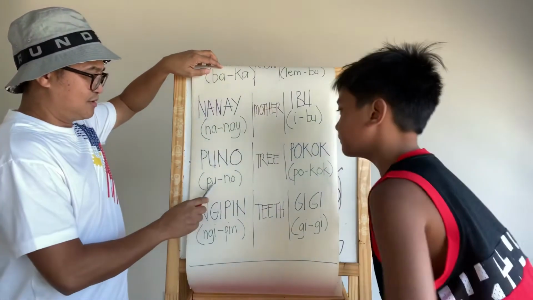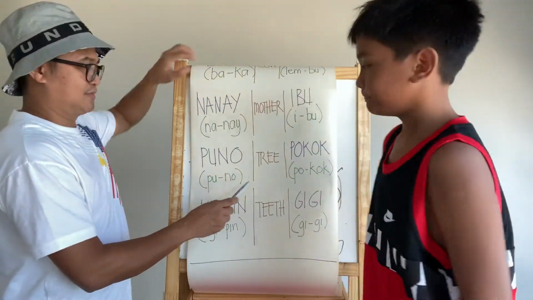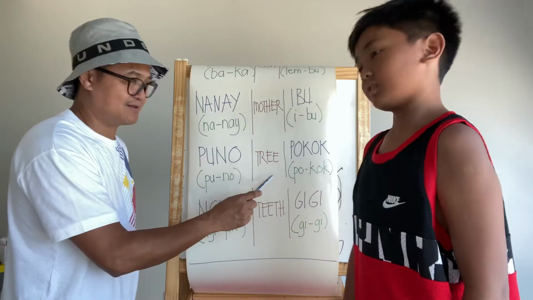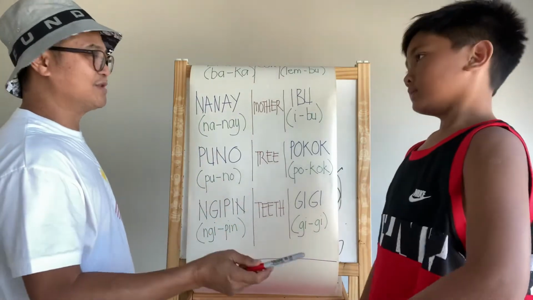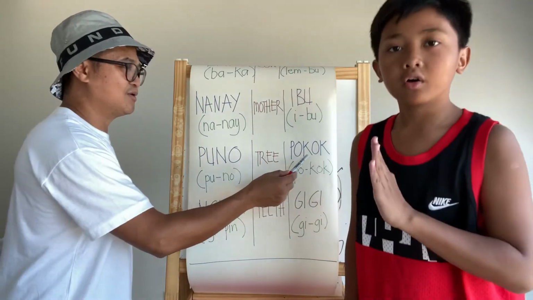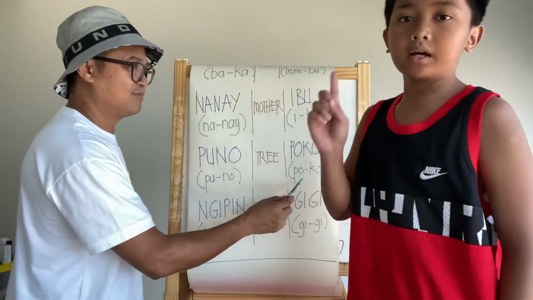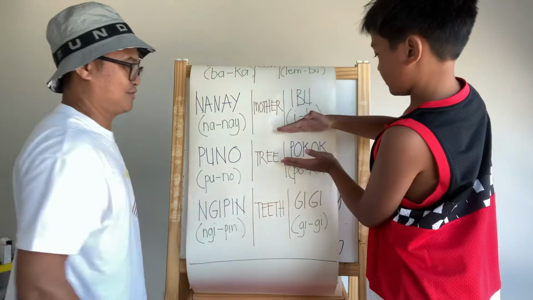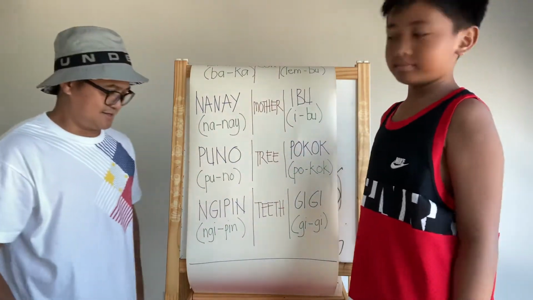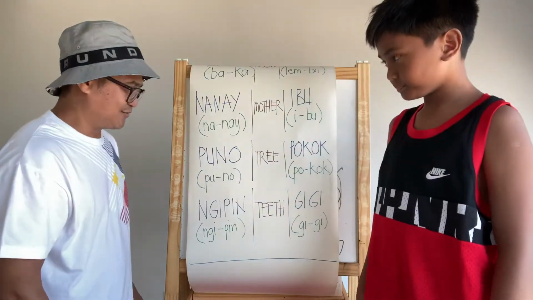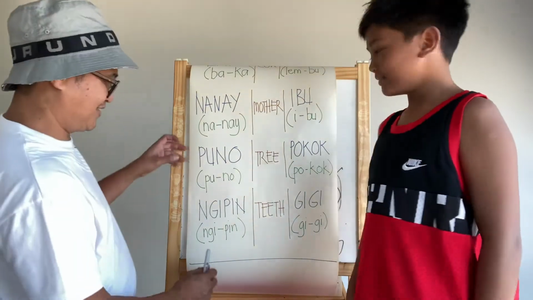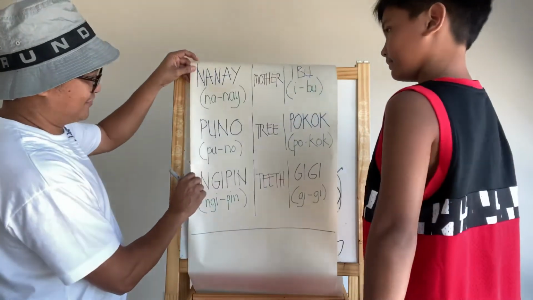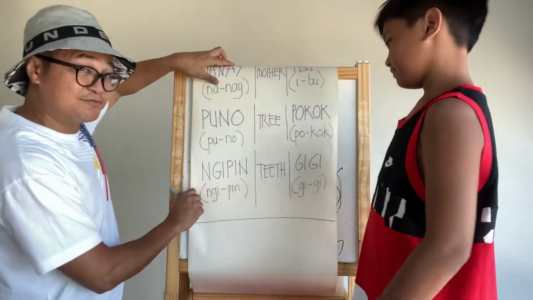puno. It's a tree in English. In Bahasa Malaysia, it is pokok, P-O-K-O-K. We're having fun, right? Okay, the next one, or probably the last one for this video, is